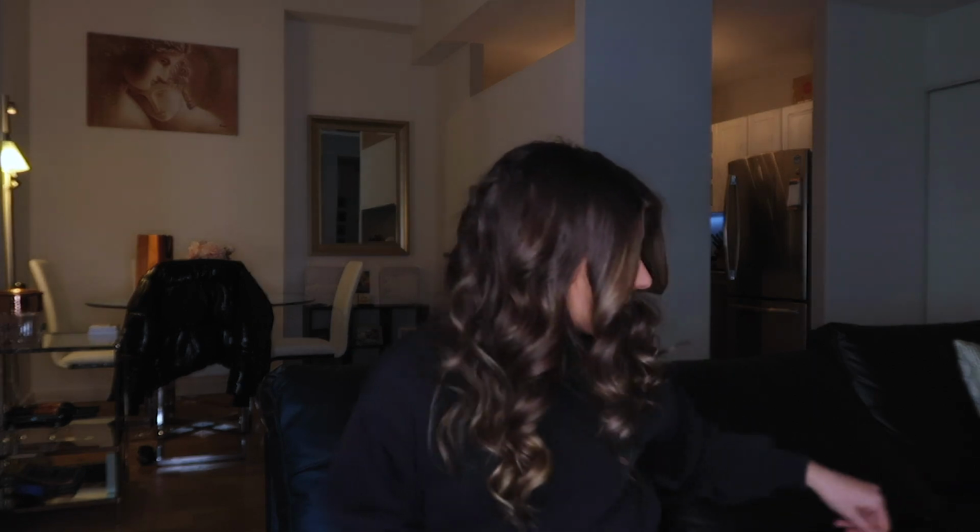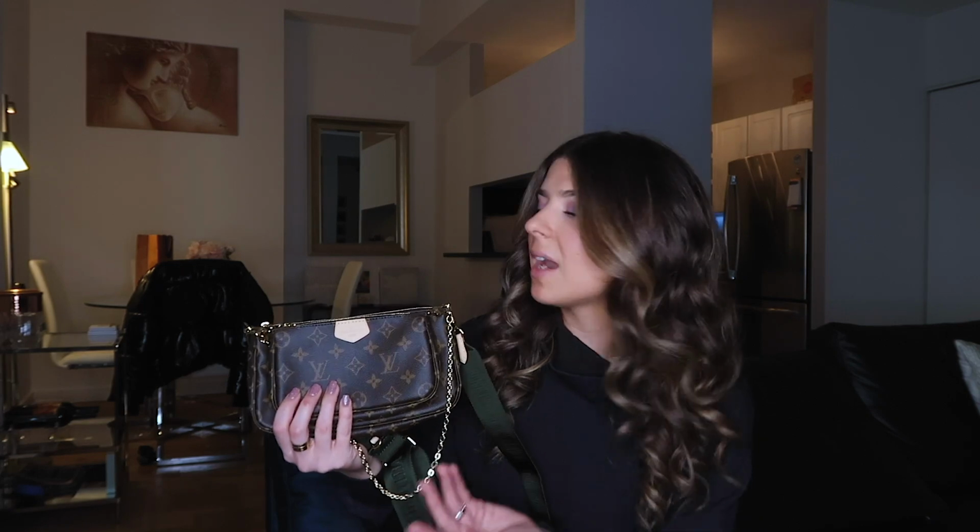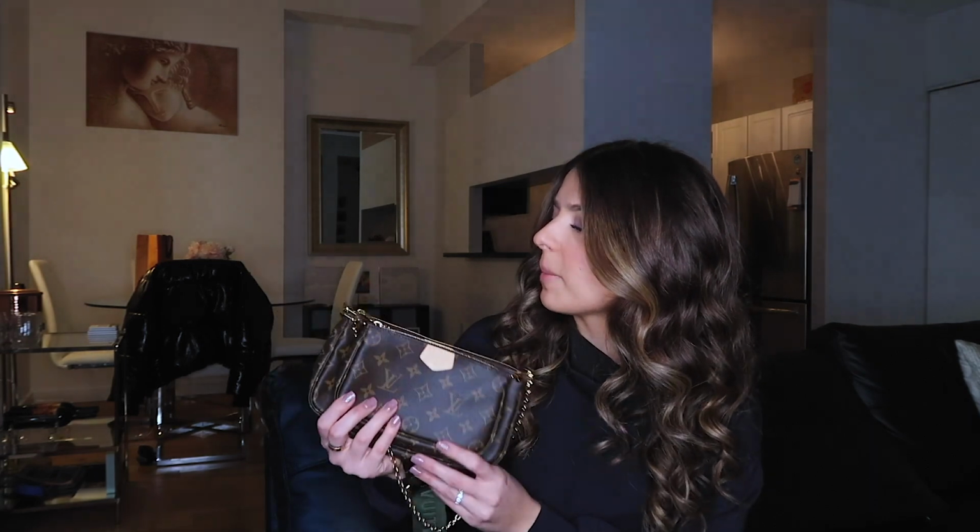But I think at the end of the day, I would have to go with the Louis Vuitton multi-pochette just because it's so different than anything I've seen or ever wanted. If I dreamt up a perfect bag for me prior to this coming out, it would probably be something like this. I love the monogram canvas. I think it's stunning. It's lightweight, durable,